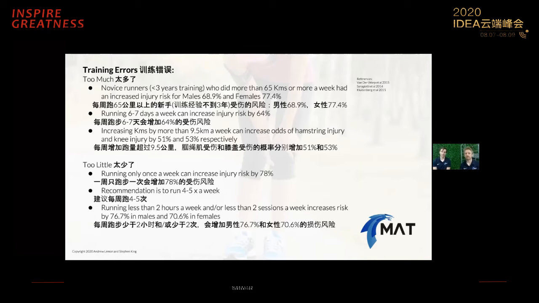举个例子，如果1周只跑步1次，会增加78%的损伤风险。And we also see that running less than 2 hours total a week can also increase this risk of injury in males and females. 我们同样还会看到，如果每周跑步的总时长少于2个小时，同样会增加男性跑者和女性跑者的损伤风险。So it seems if you run too little or too much, you are more likely to get injured. 所以可以看到，无论你的跑量是过少还是过多，都有可能增大你的损伤风险。